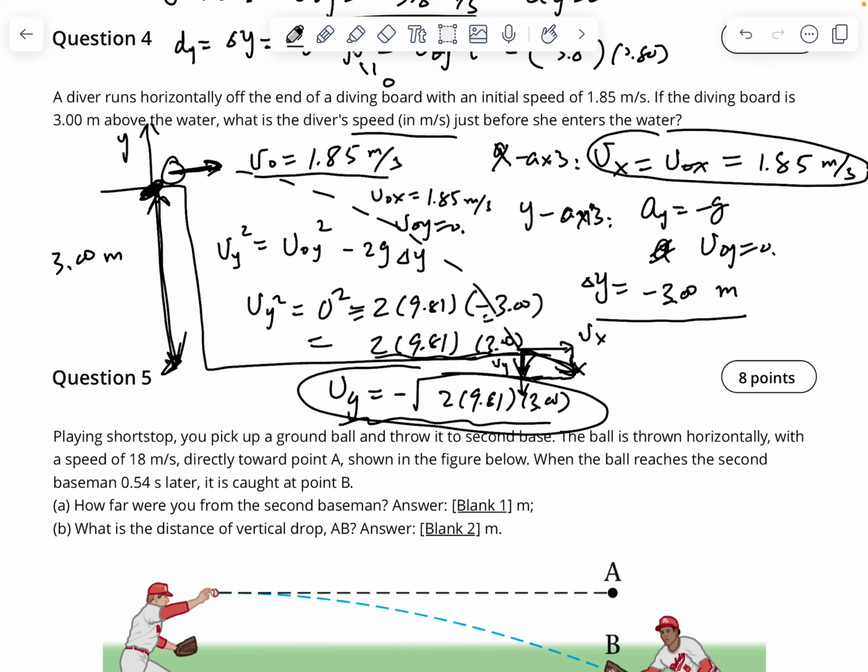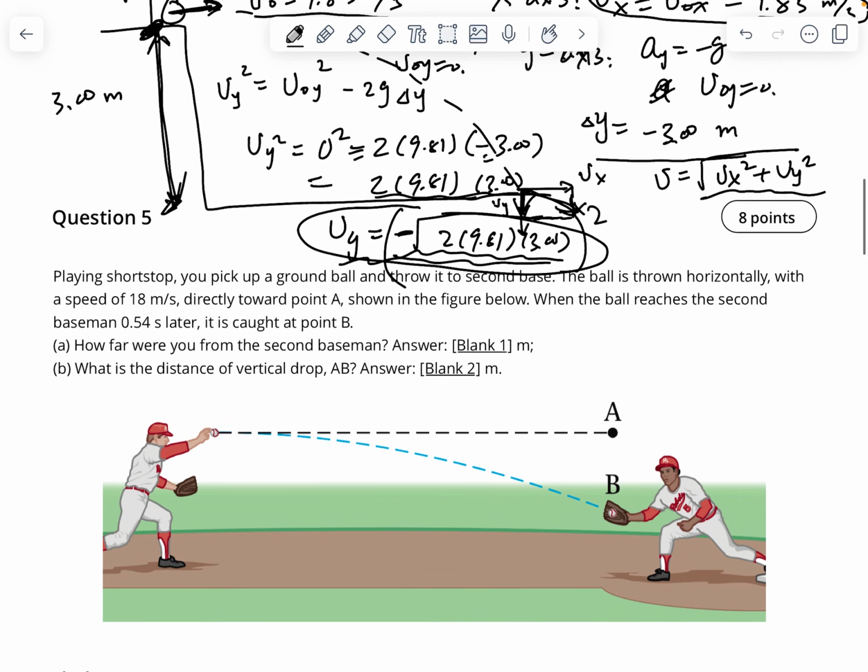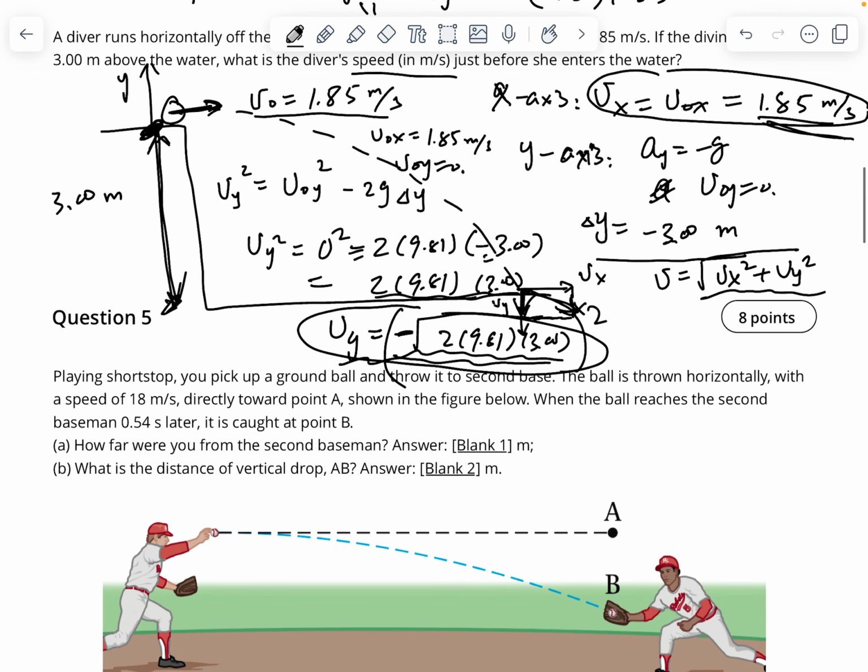So speed is the magnitude of velocity: the square root of Vx squared plus Vy squared. Even if Vy is negative, you have to square it. Just plug into this equation. That's your speed. To make it more clear: